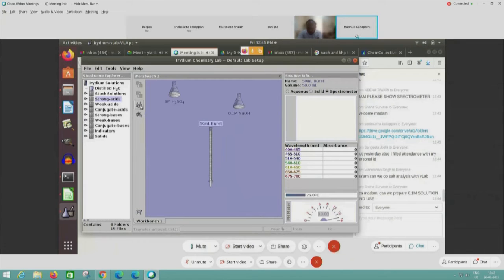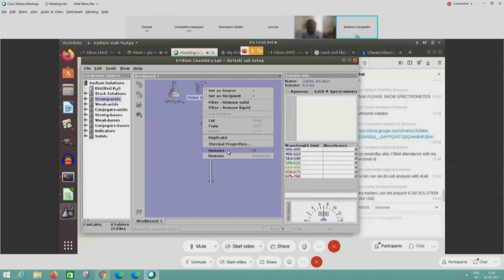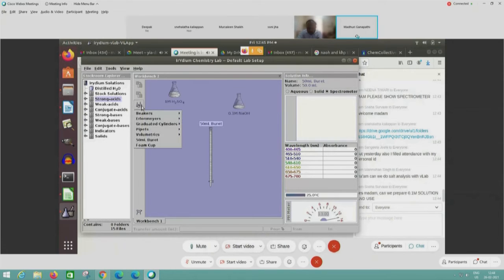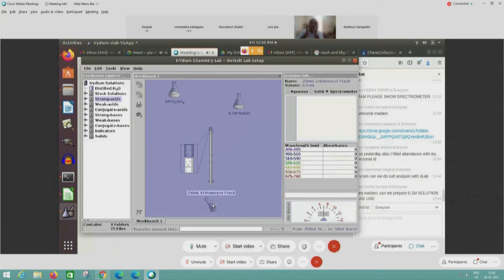Let me just show a dummy thing. If I'm adding 0.5 ml and then I'm pouring it, as and when I'm pouring, I'll pour a few drops for you just like that.